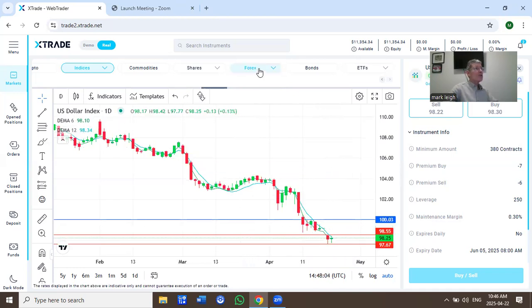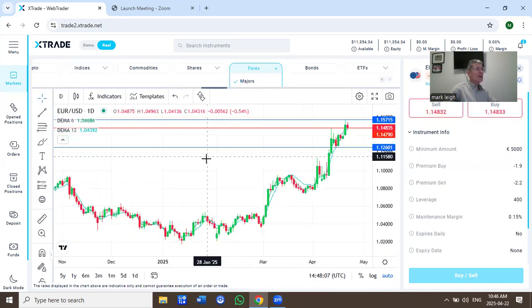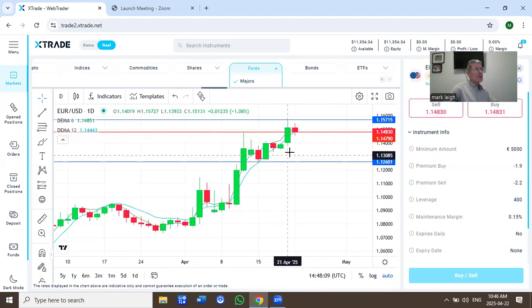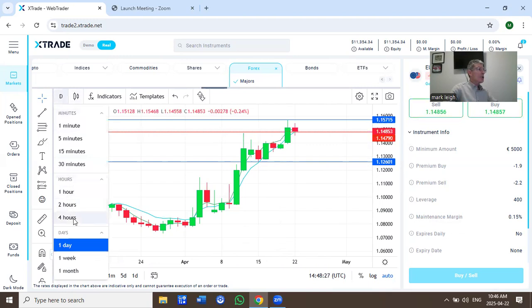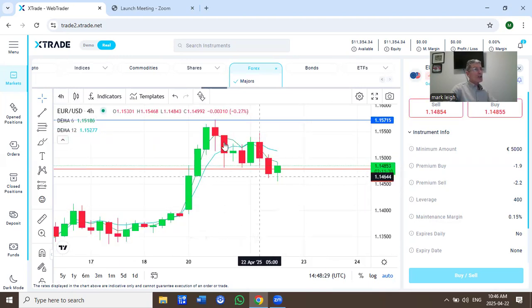Let's start with the Euro US. There you can see that's yesterday, the euro, strong run against the US dollar. US dollar putting a fight back today. There you can see euro selling, buying US, and right now sitting at 114.85. Let's zoom into the 4 hour. And there you can see the euro sold off today. A little bit of US dollar strength, but euro is coming back.